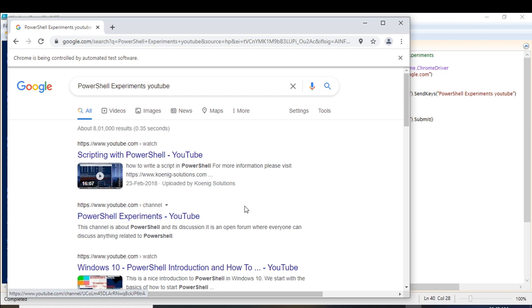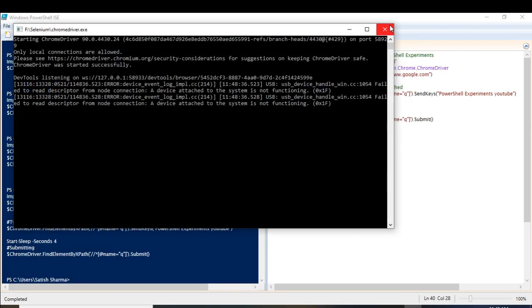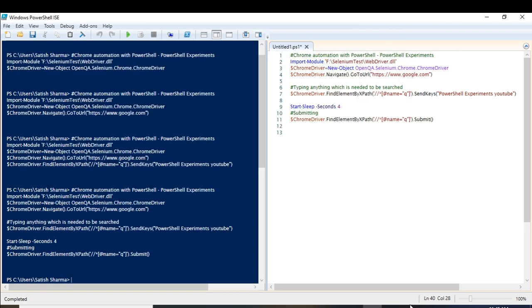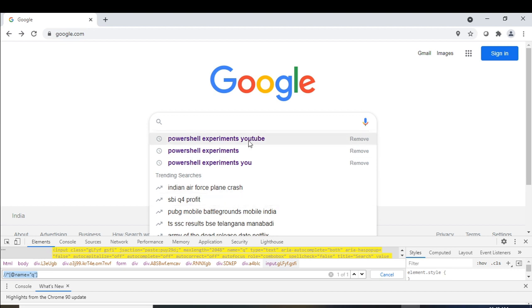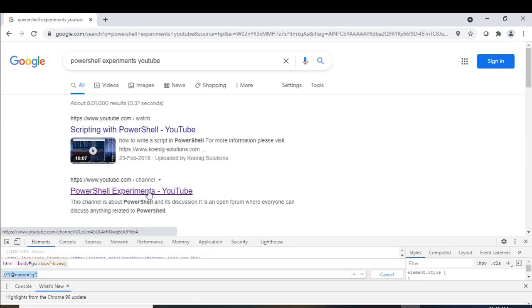So let me again close it. What I'll be doing is locating this element. Let me first create this thing. Let us go here.